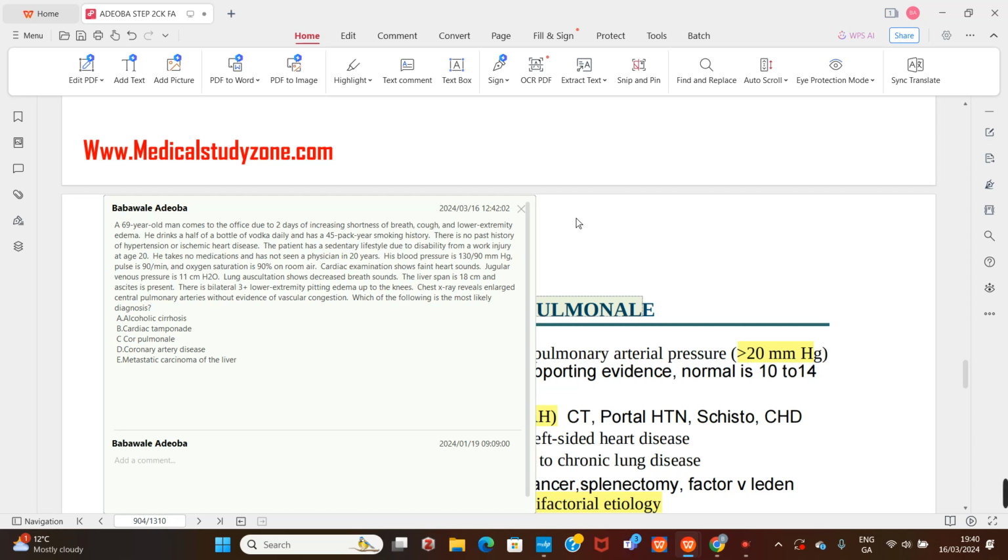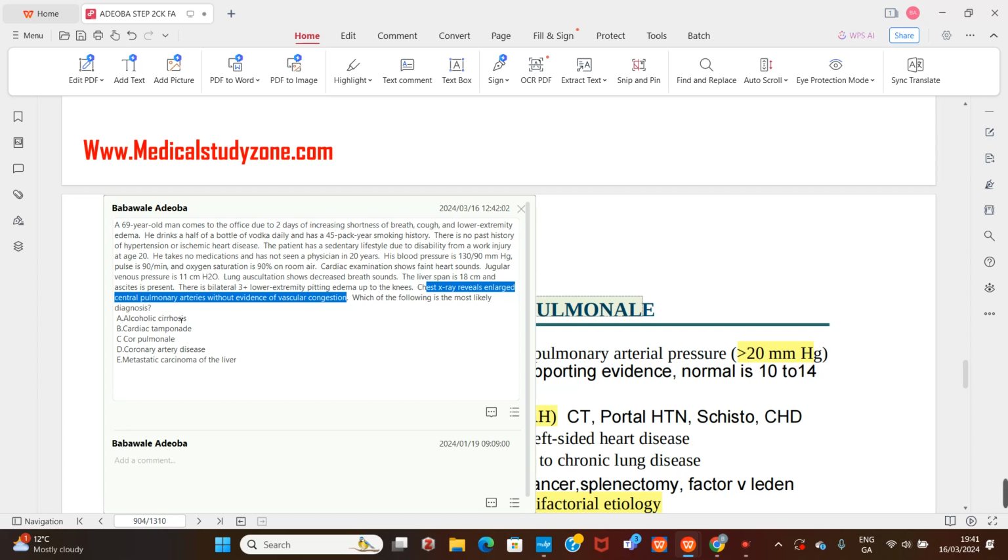I forgot, the commonest cause of pulmonary hypertension in the US is COPD. So that's why they are trying to paint it like this. 45 smoking years, so he most likely had COPD that developed into pulmonary hypertension and right-sided heart failure. So that's why he's having all this edema everywhere and the liver span enlarged, and we should not forget this X-ray finding. It kind of helps us in this setting,